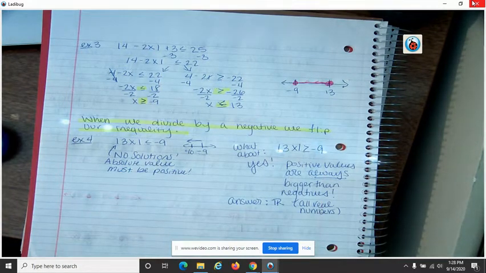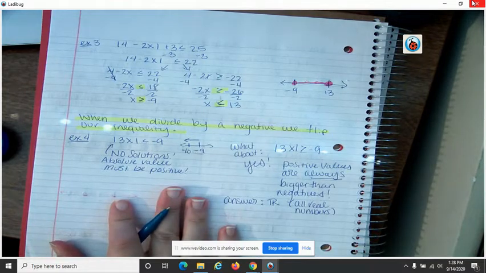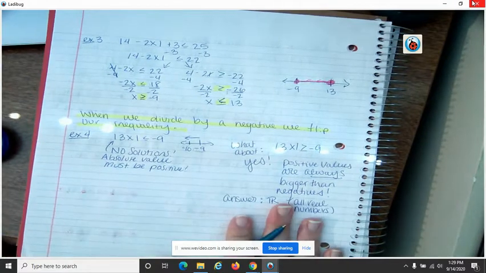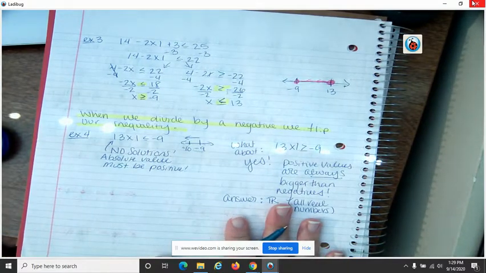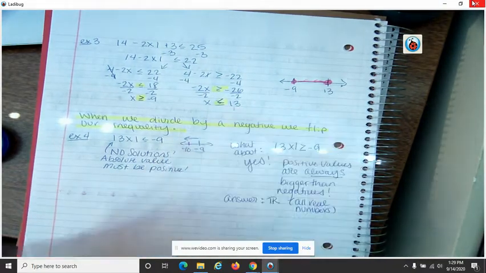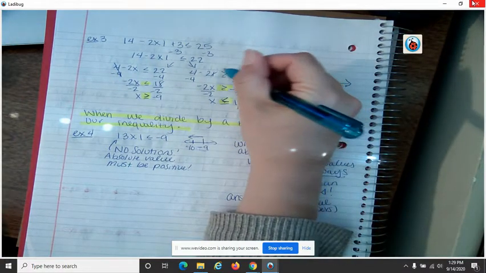And then last but not least, well, this might be okay, actually. Example 4 is fine because we didn't have to split it into 2 different ways. We knew that this would have no solutions. We know that this will be all real numbers. Okay, so number 4 was fine. Number 3 we have fixed, and I'm gonna actually circle the edit that I made. So right here,